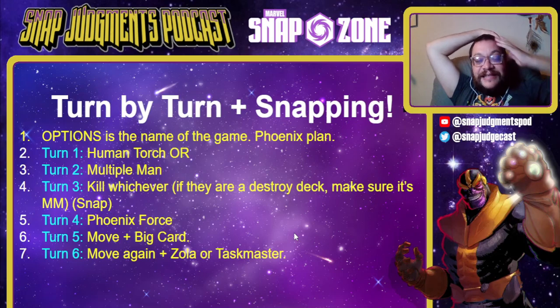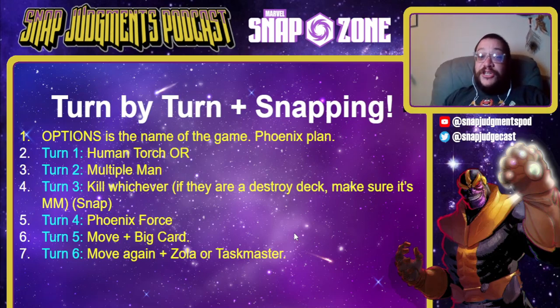If there is a single move location and you can activate, he is going to hit 52, and then you want to play nothing else on turn 5 and then just play Zola or Taskmaster on turn 6. 256 power cards is going to win a lot of games now. If a normal no move location, you just move it, and then you play a big card. Usually that's Red Skull, sometimes that's Taskmaster, and then you move the card one more time and you play Zola